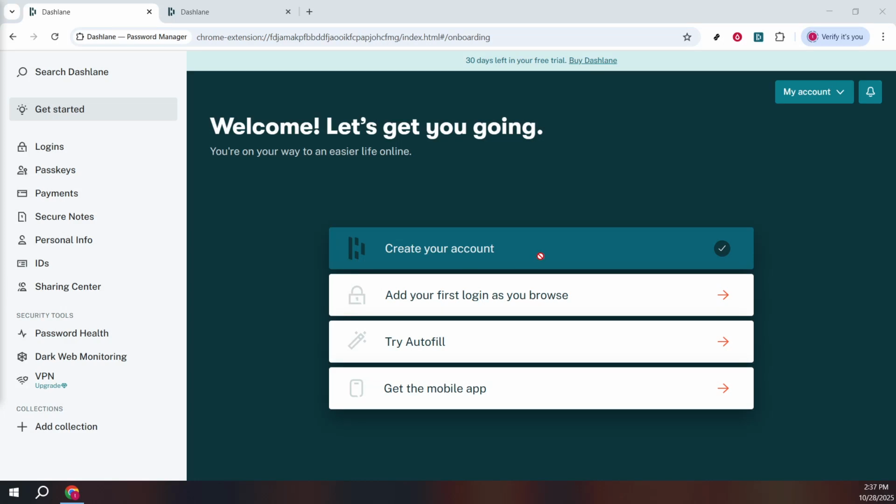In today's video, I'm going to teach you how to change your Dashlane master password. Understanding how to update this crucial piece of security within your Dashlane account can ensure that your personal information and saved passwords remain protected. Let's go through the process step by step to make sure you can do this confidently